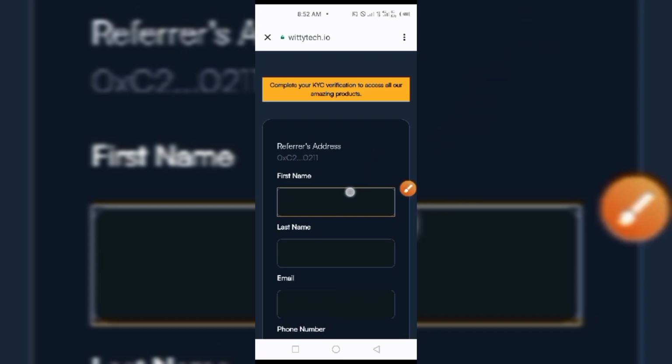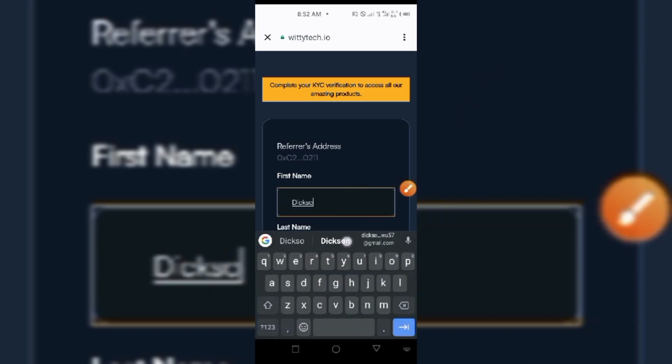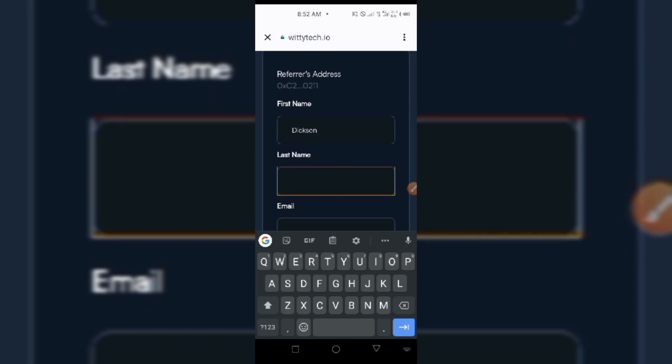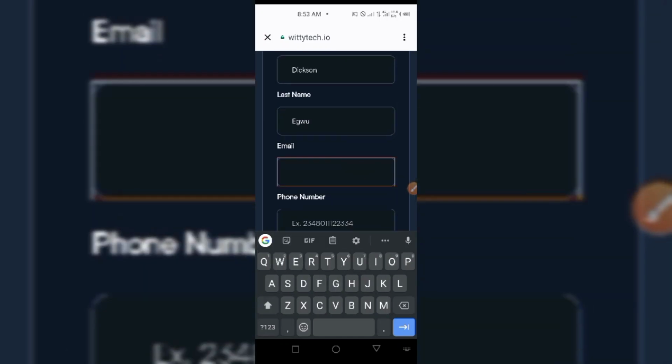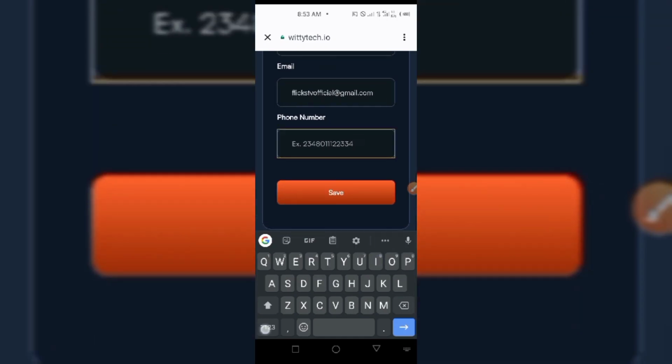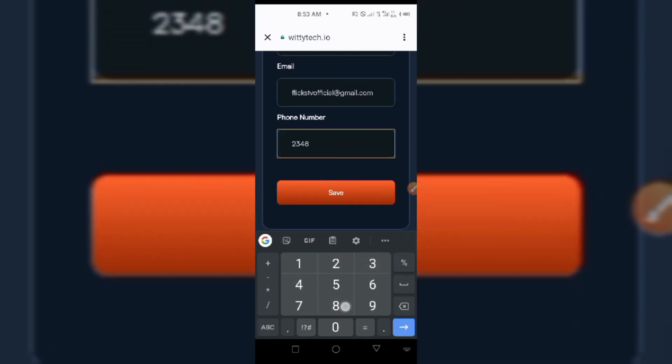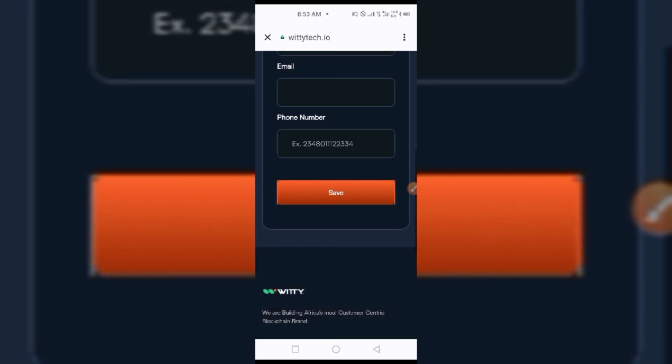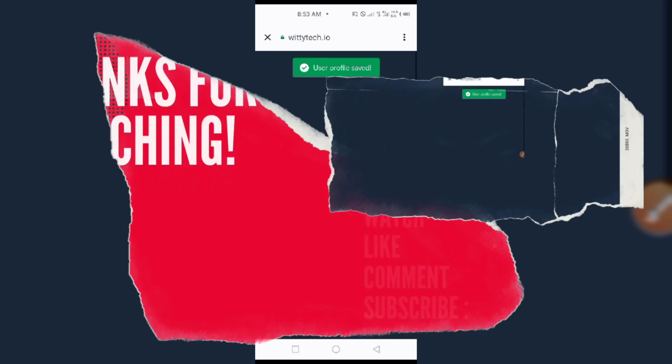So I'll quickly fill this now. So and then I will put my phone number. And I'll click on save. You can see user